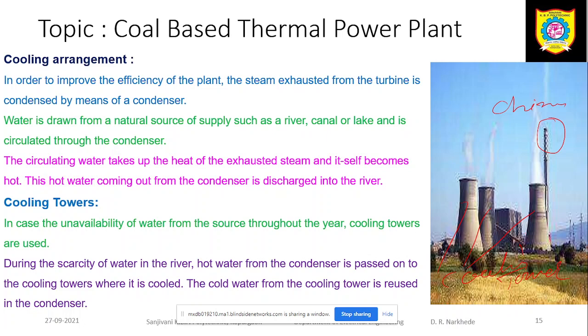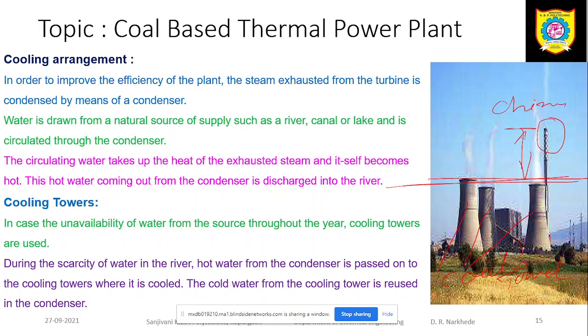Through the chimney, if you are going to observe, the height of chimney is much more than the height of your cooling tower. Okay, चिमनी ची height आहे ना cooling tower पेक्षा खूप जास्त आहे. Okay, the cooling tower is different thing. Okay, so such type of cooling tower you can observe at the thermal power plant, nuclear power plant. If you are going to observe the videos, you can see that. Or if you just go through the Nasik near Eklehre, you can see such type of cooling tower.